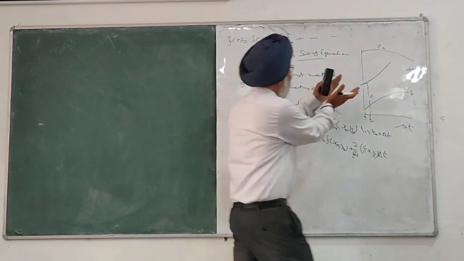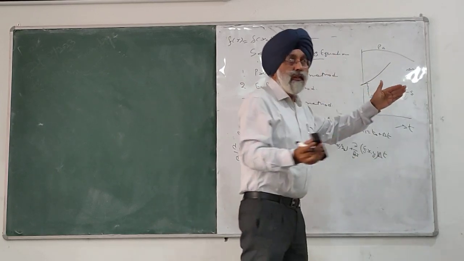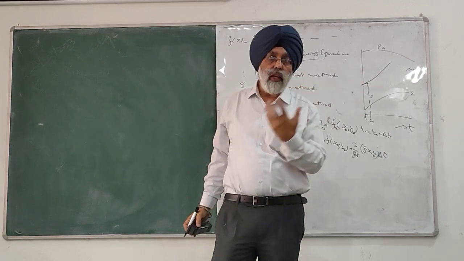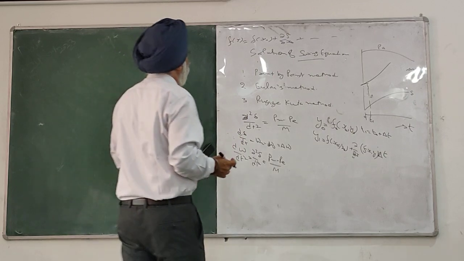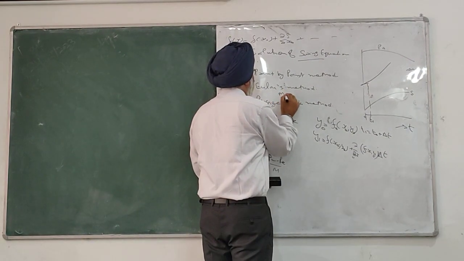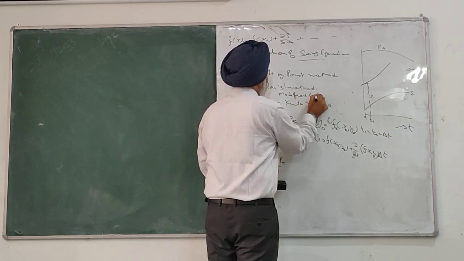So as you go forward, your error will start increasing. In order to reduce this error, we use the modified Euler's method. So one is known as the modified Euler's